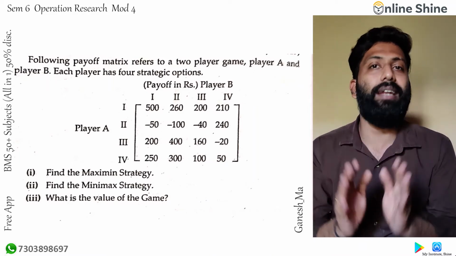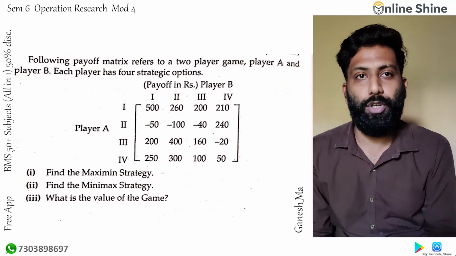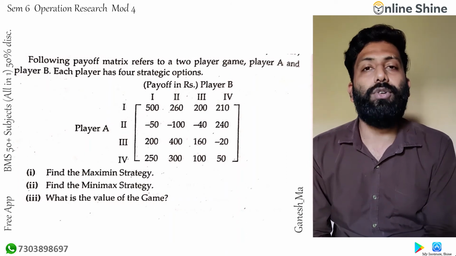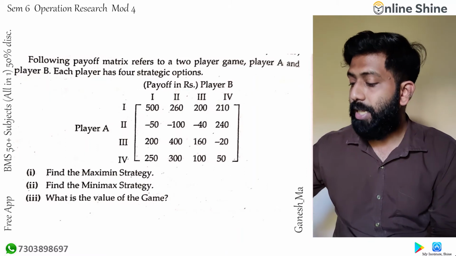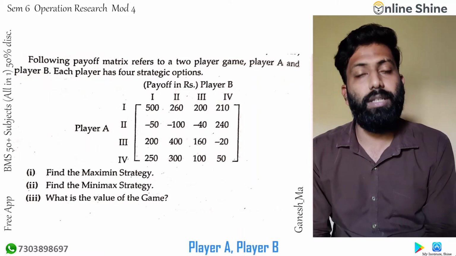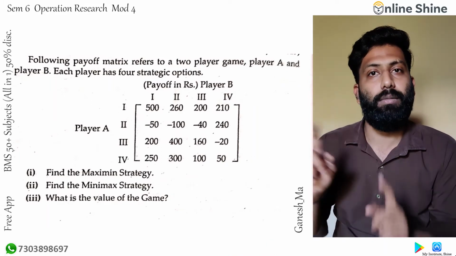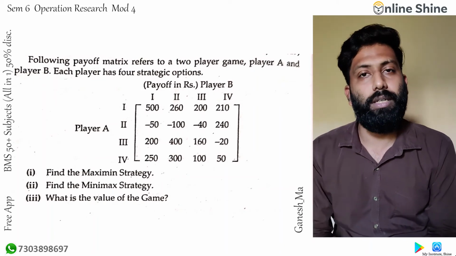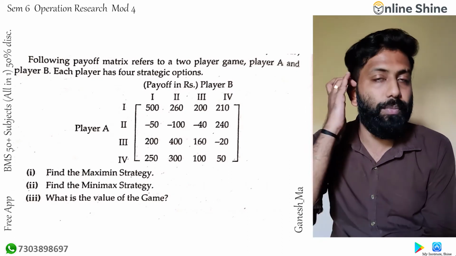Now this entire game theory involves one single type of question and one single type of matrix which we need to deal with. So without wasting much time, let's get into an example. In this example you can see player A and player B, both have their matrix given in the particular question. So we need to find out a particular decision from the given matrix.